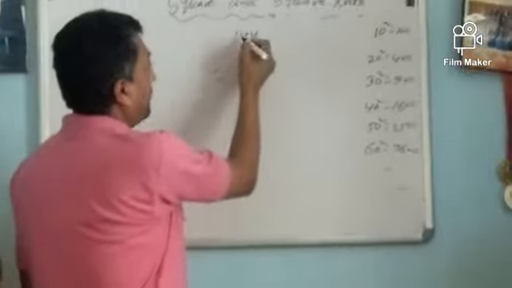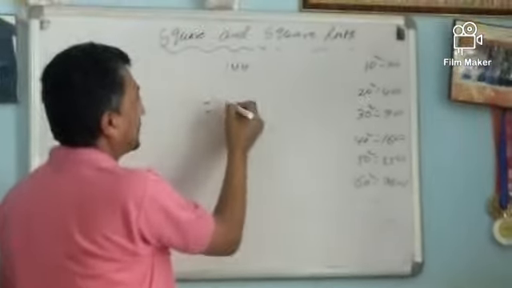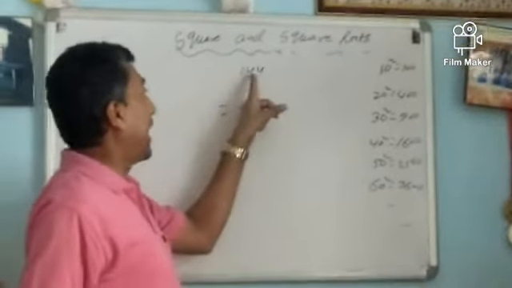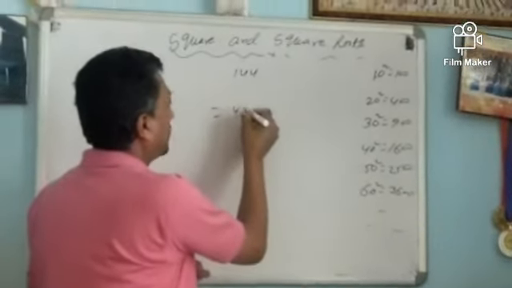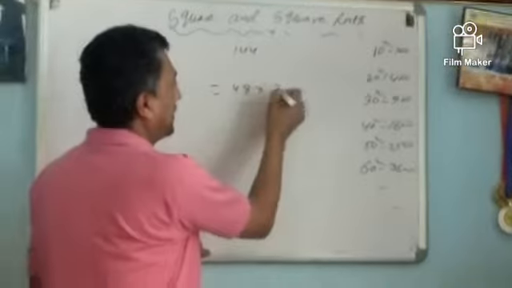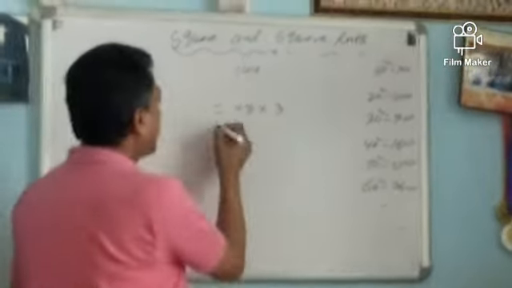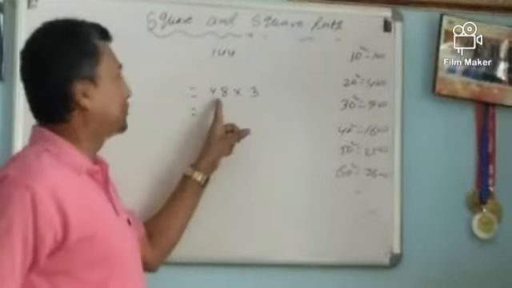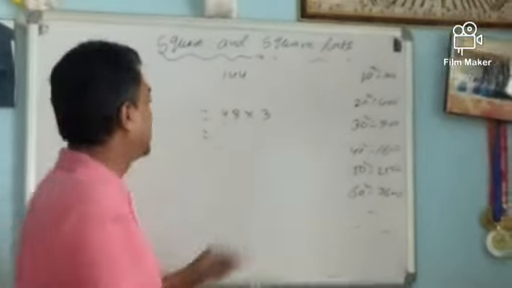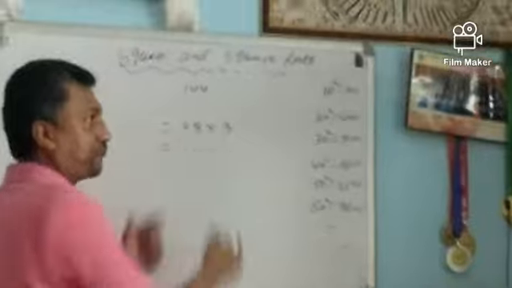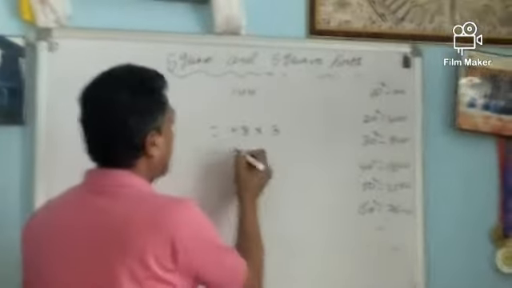If we divide by 3, 3 4s are 12, so 4 is there, and then 2, 24. So 3 8s are 24. So now 48 is there. It is divisible by 2 and also 4, so later on we can break it, no problem. So we divide by 4. 4 12s are 48.